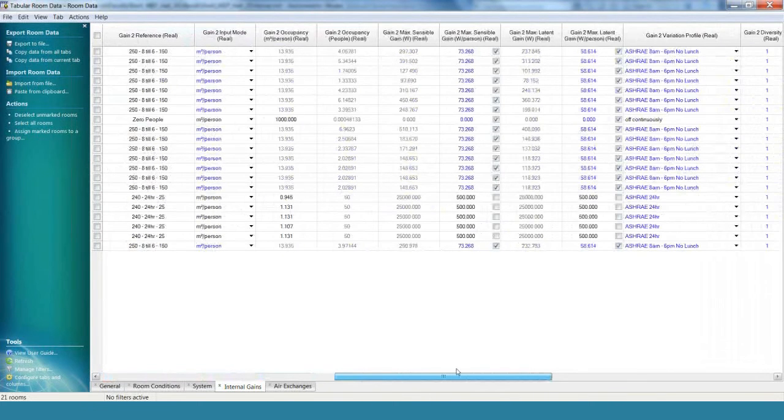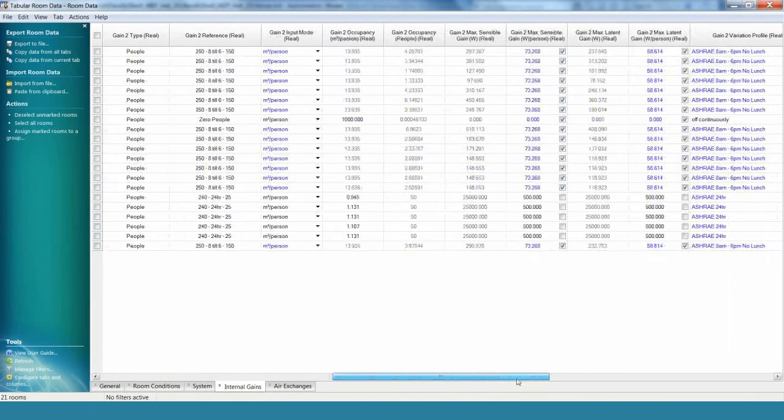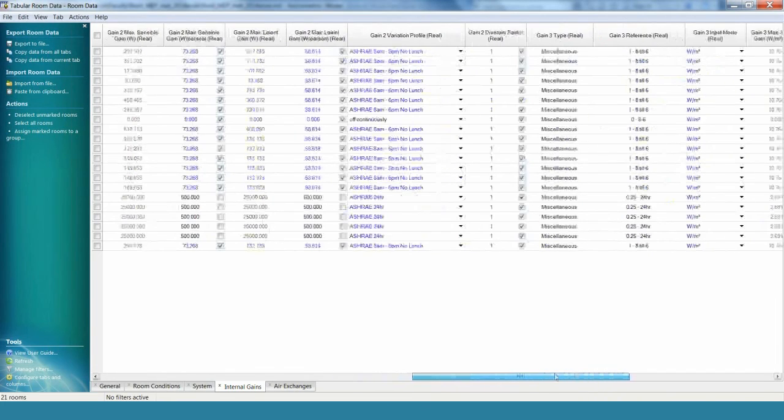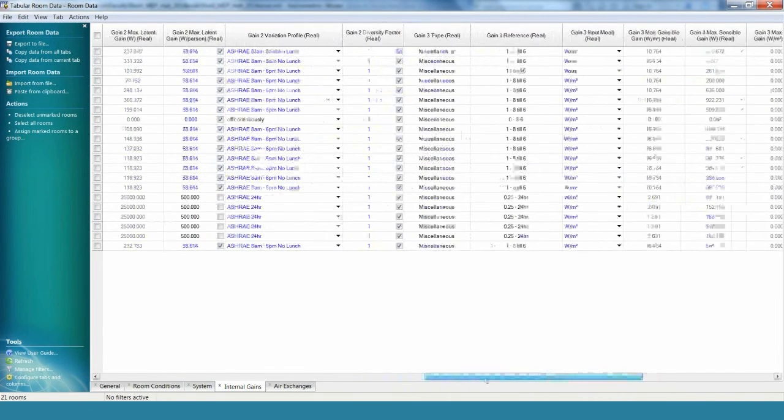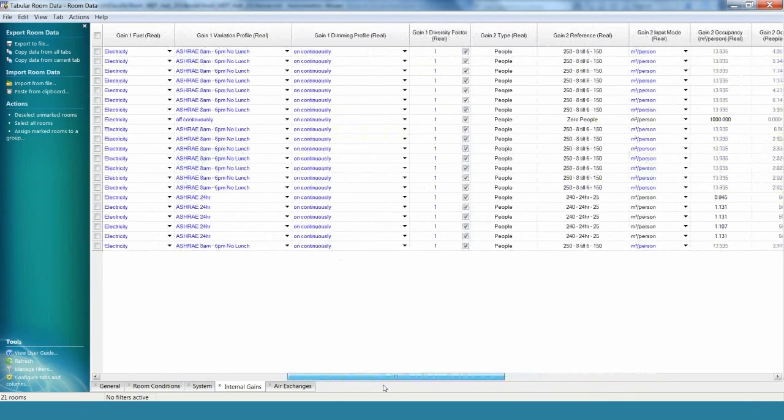So if we go along, you can see the data that I've changed. It's actually changed color off template, so we can see any information that's not on template there. And I can see that that's our plenum space there. The gains are switched off. So again, it's fairly easy even in the data view there to see what information's been set up